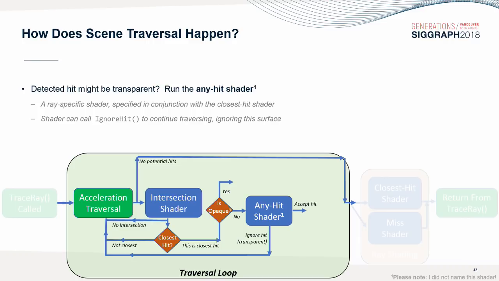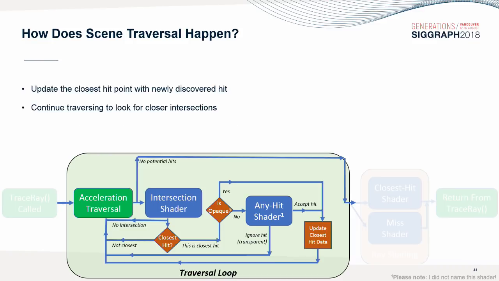If it's not, in the any hit shader, you can ignore it. For instance, if you're doing alpha testing and you find a texture that's transparent, you say, this isn't a real hit, keep going, and you can cycle back into the acceleration structure loop. Otherwise, you update your closest hit and keep going,